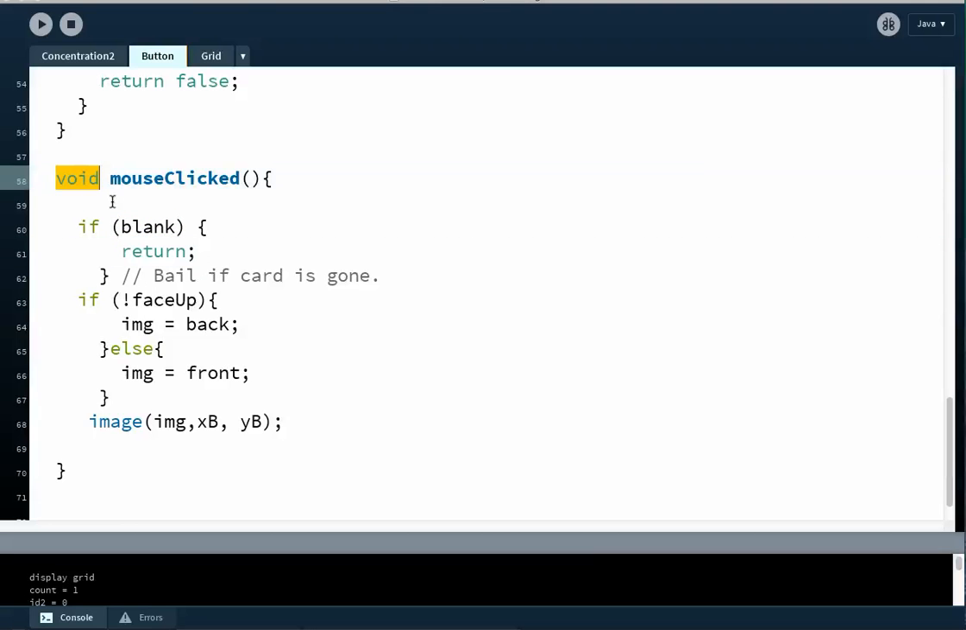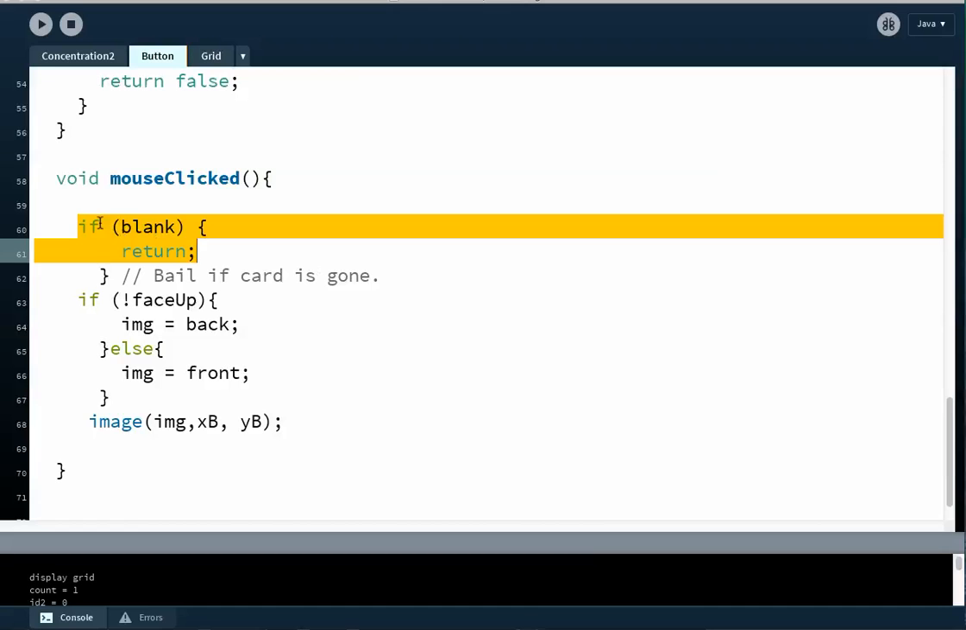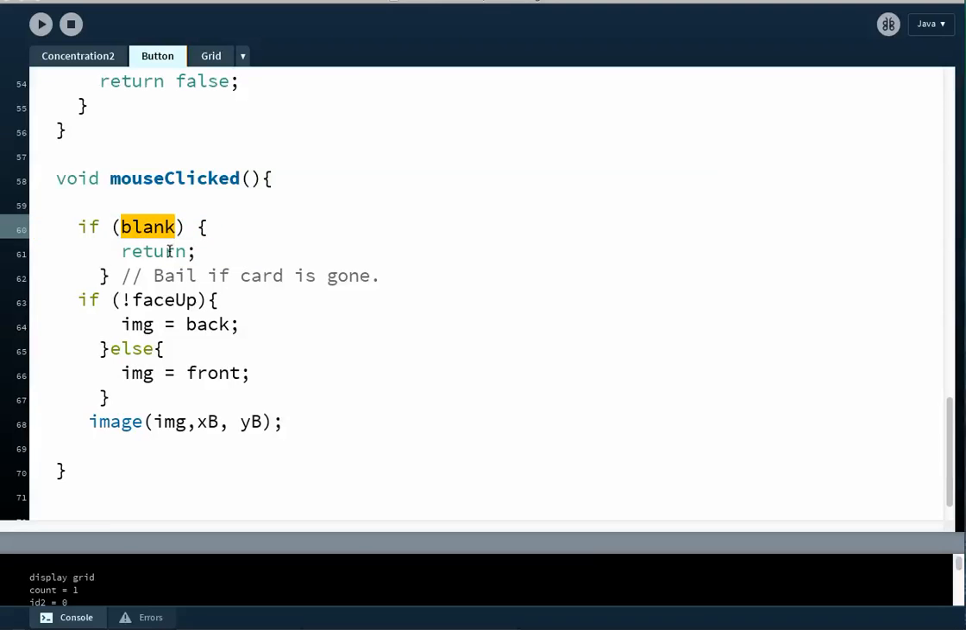See, this is a void method, so this is kind of interesting. A void method does not return any value at all. So I can still have a return statement here, though, but notice I didn't say return something, so it returns nothing at all. But it does cause the method to stop running. So if the two cards I flipped over or the card I pick is already not there, if I click in a space where it's not there, if it's blank, then it's just going to return,